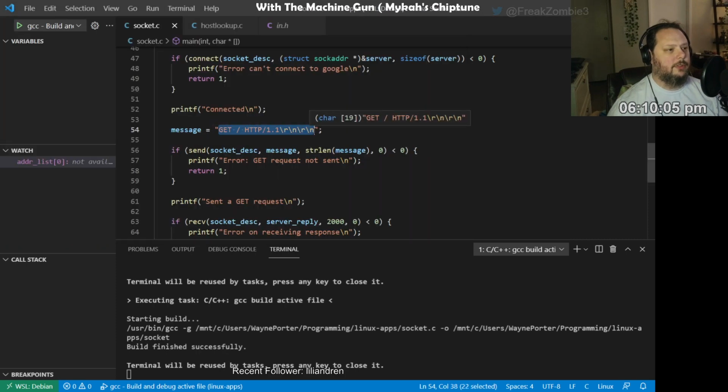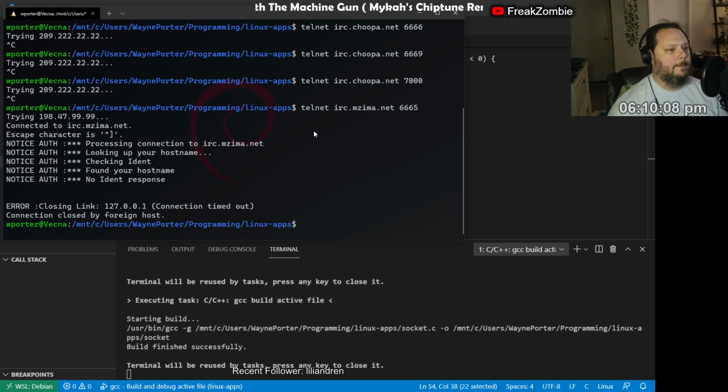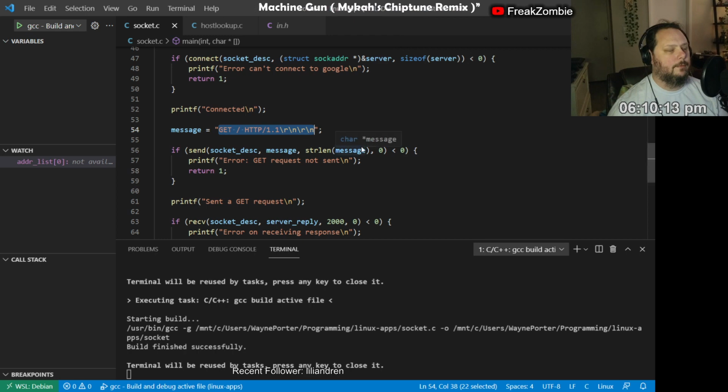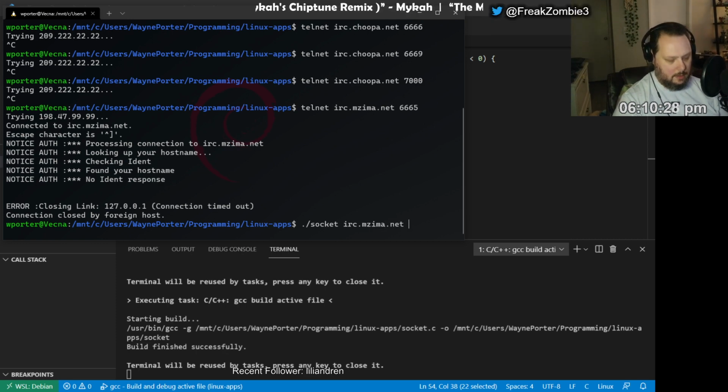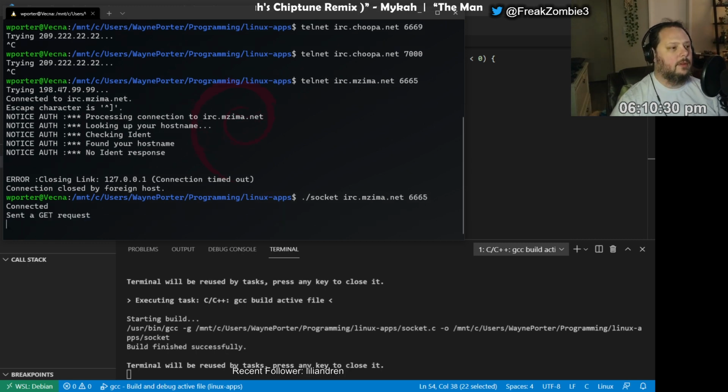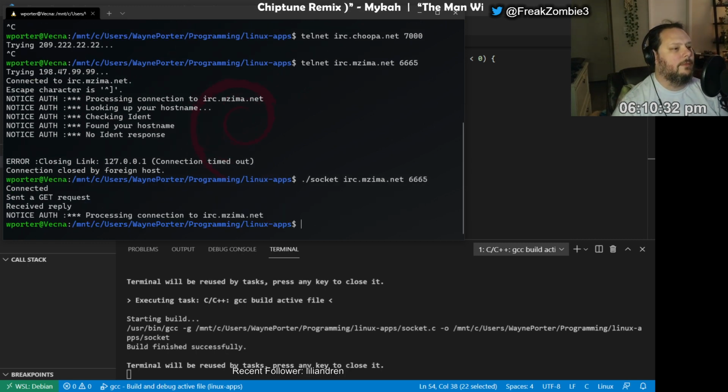I don't want to send it this. You know what? No. Let's send it that. So I will send socket irc.mzima.net 6665. Nice. It exited, but